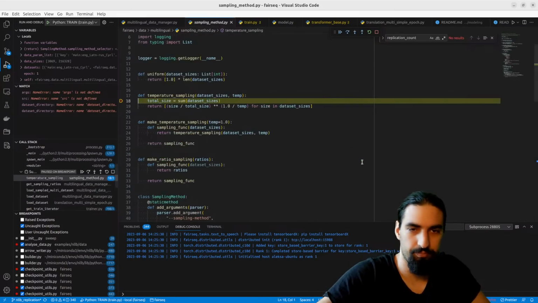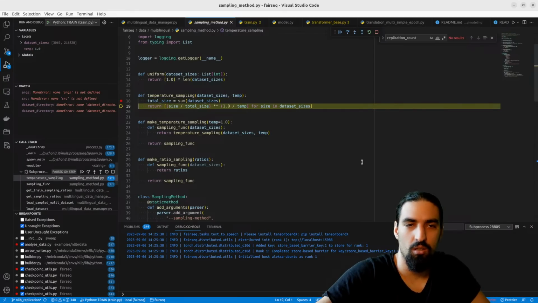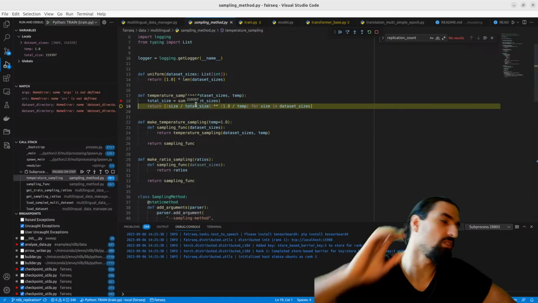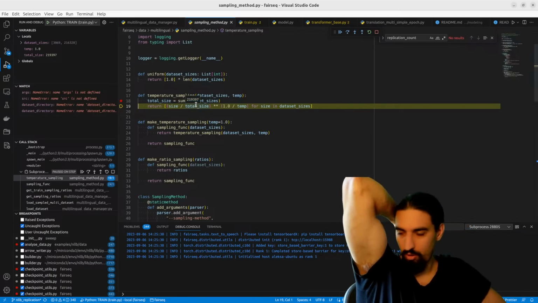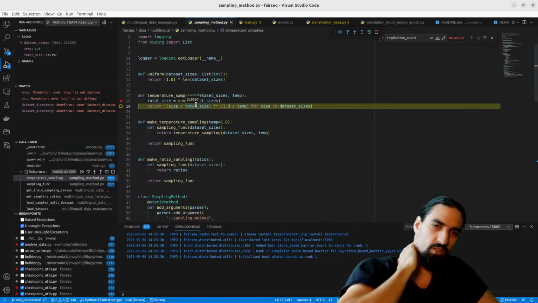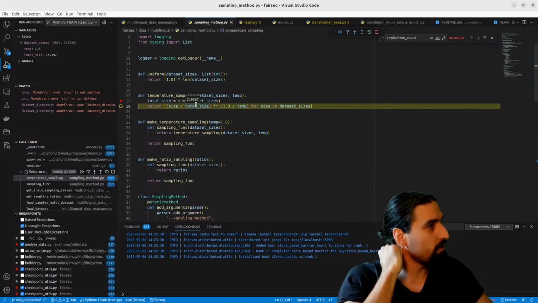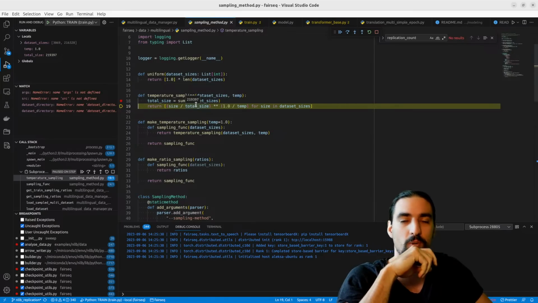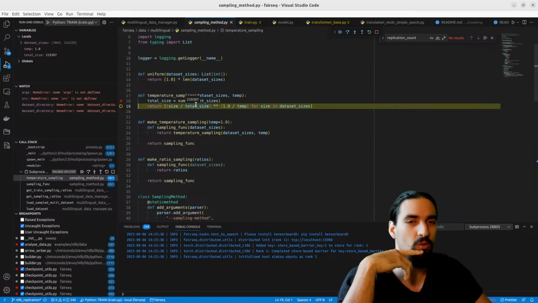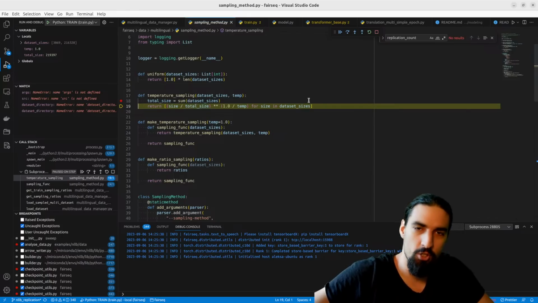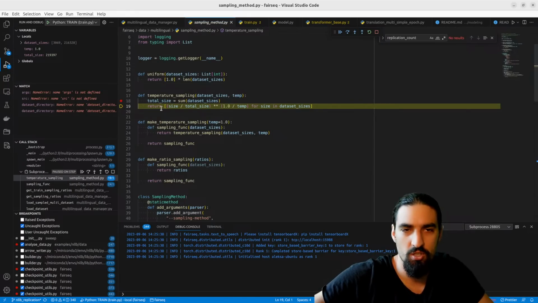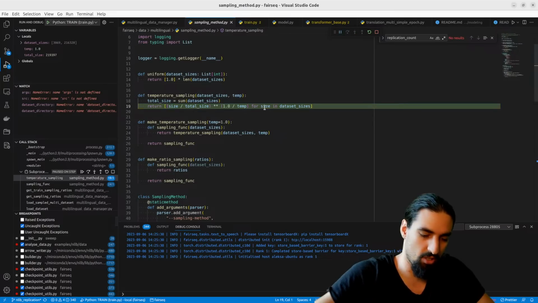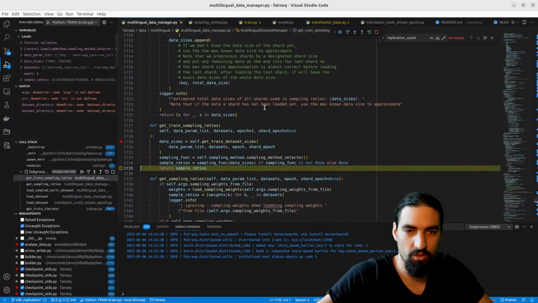Okay. So then this just grabs the total size. So we'll be sampling proportionally to those. Okay, so this is basically in the context of machine translation. This helps us choose the strategy of how much data we sample from each of the directions. Okay, now this makes sense, but I'm still confused about the actual numbers. And because temperature is 1, this is just ignored. So we just sample according to the number of samples per those directions. That's the logic, guys. And that's the only place where this function is used.